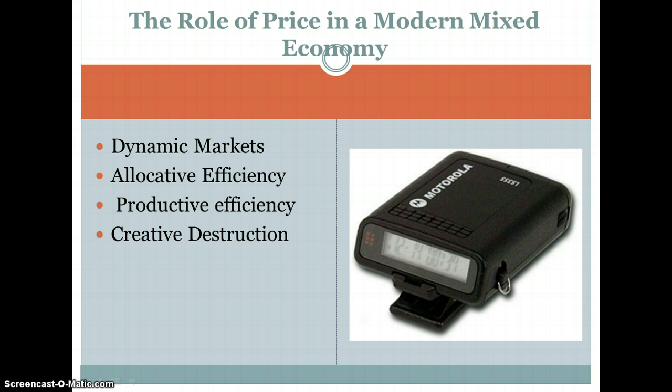Prices are changing. I want you to think back to in class yesterday when Mr. Jansen showed you the NASDAQ. I think it was a NASDAQ. I'll have to double check with him which one it was, but it was a stock market where we saw the prices of goods going up and down. We saw prices going up and down constantly throughout the day. They're trying to find an equilibrium price for stock, how much a company is worth. But that changes every single day because there are demand shifters, there are supply shifters that constantly happen.